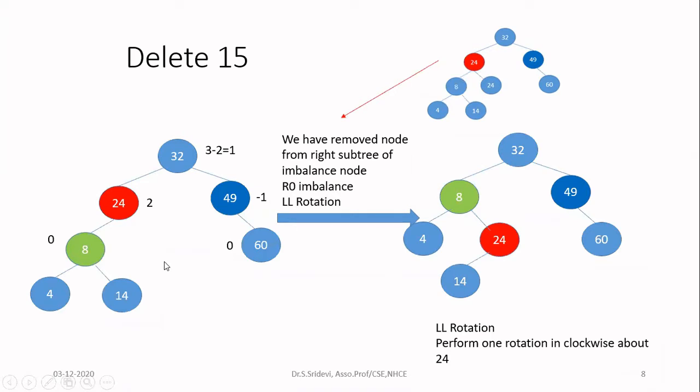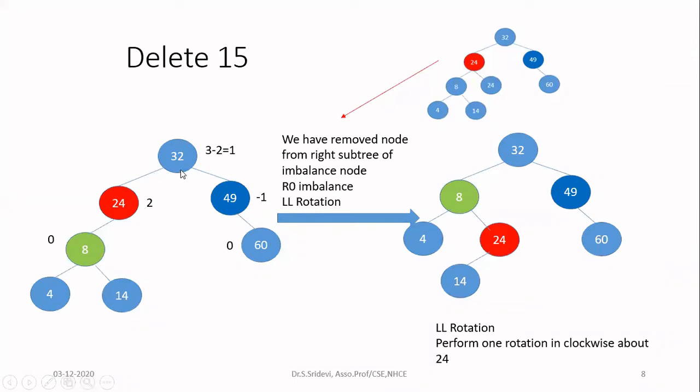Then I have to check whether the tree is balanced or not. Just now I have deleted according to the BST property. Now you have to go for the AVL property. According to the AVL property, whenever you add anything or delete anything, you have to make sure that the tree is balanced. So check the balance factor of every node. For a leaf node, the balance factor is always 0. For other nodes, you check. Now here for 24, in the left subtree it has 2 links, and in the right subtree nothing is there. So 2 minus 0, it is 2.